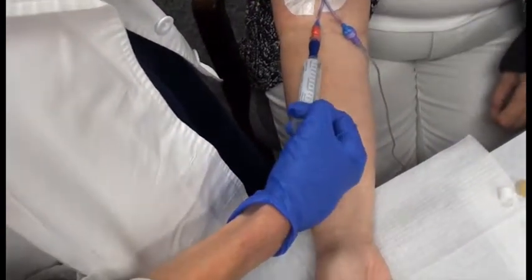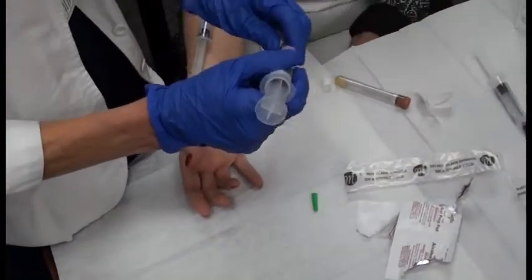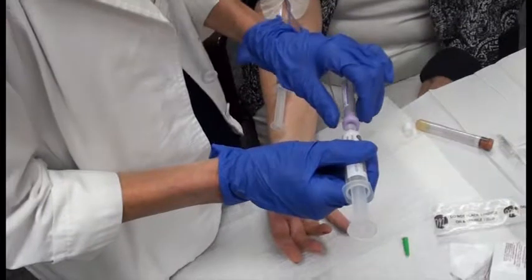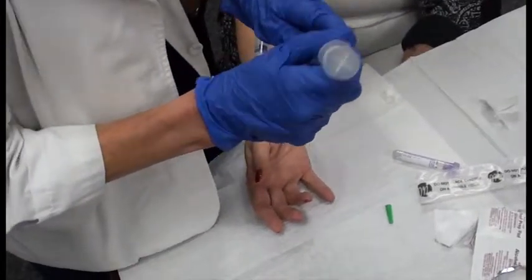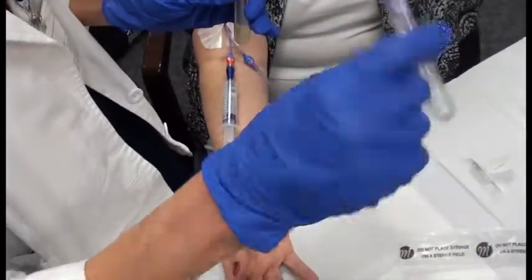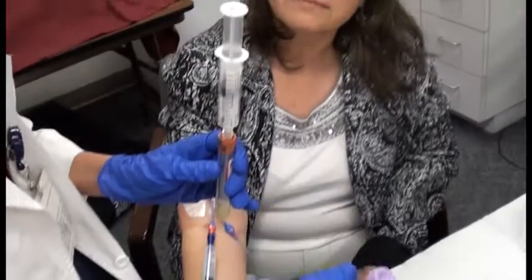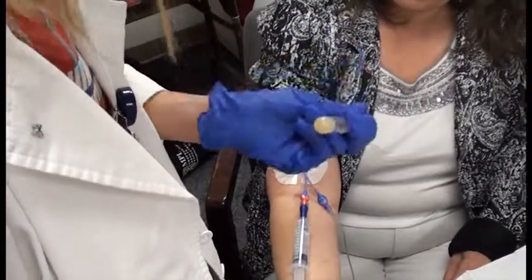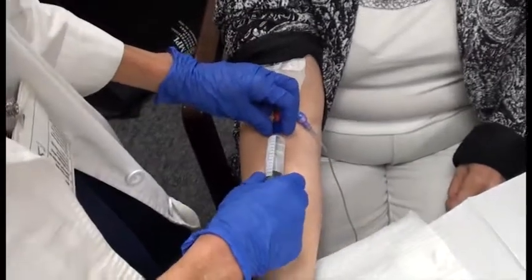Get my flush started. I don't have to worry about that anymore, and I can focus on putting my blood in the tubes. My line's already started to be flushed. When you're getting the labs ready, Quest prefers 8 turns on most of these lab tubes to fully mix it. And this sharp goes straight into the sharps container. 8 times mixed, and then I can finish this flush,